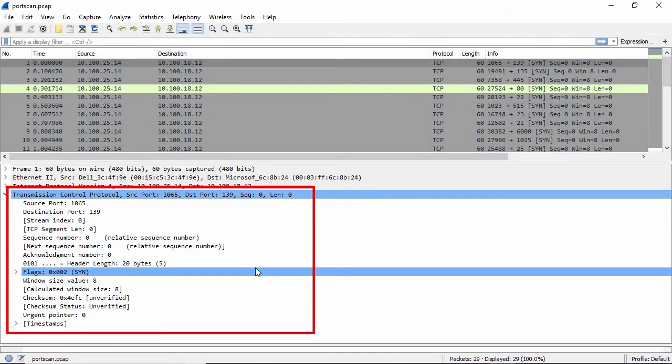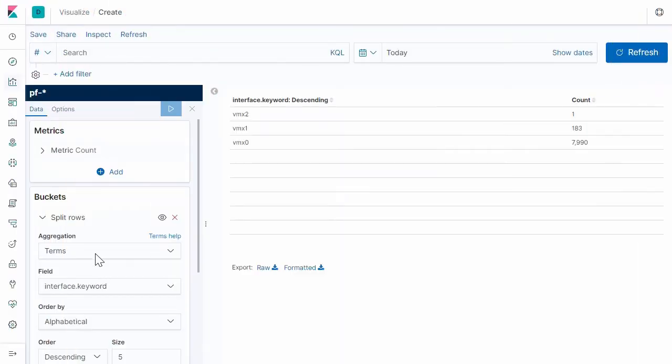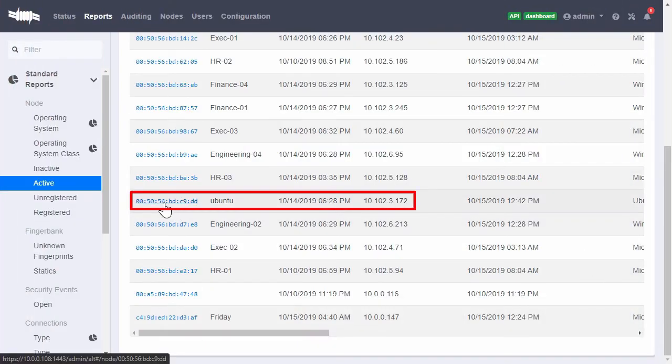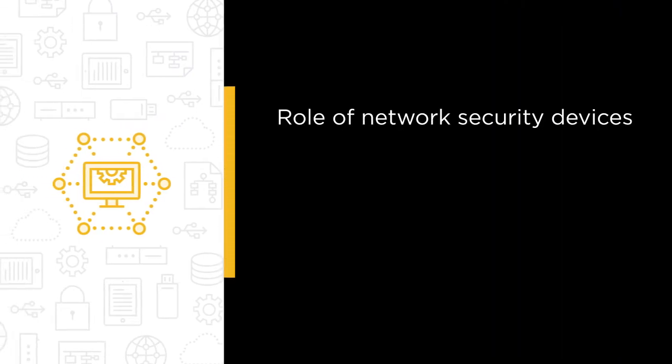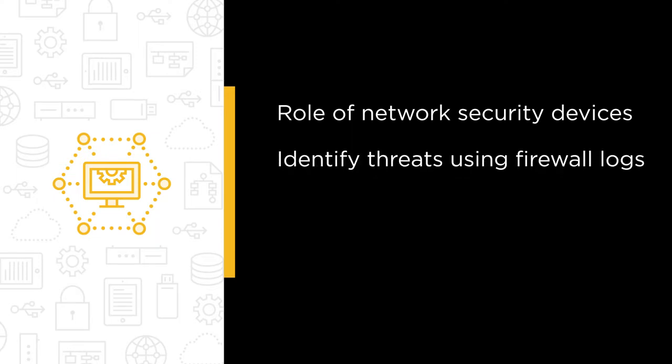Identifying suspicious activity on your network can be achieved by analyzing security device logs. In this course, you will learn how to analyze security device logs looking for security problems. Some of the major topics that we will cover include understanding the role of various network security devices, identifying potential